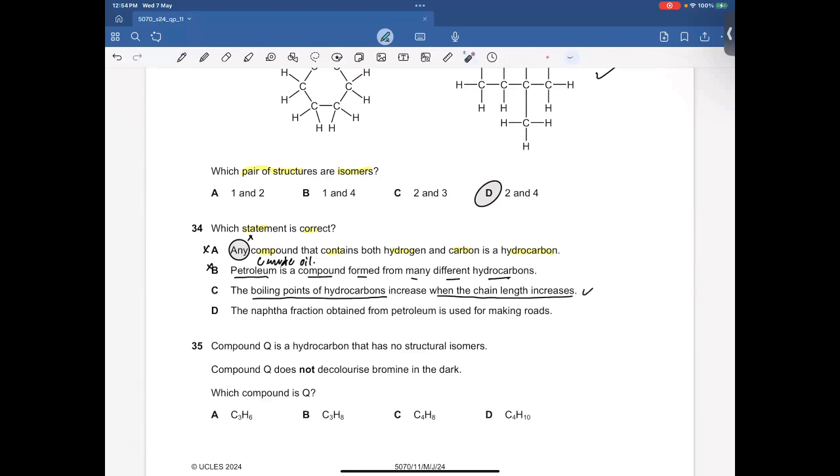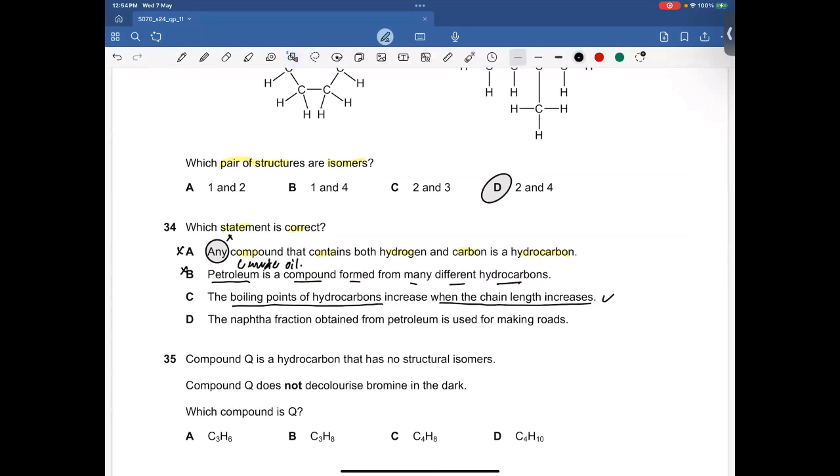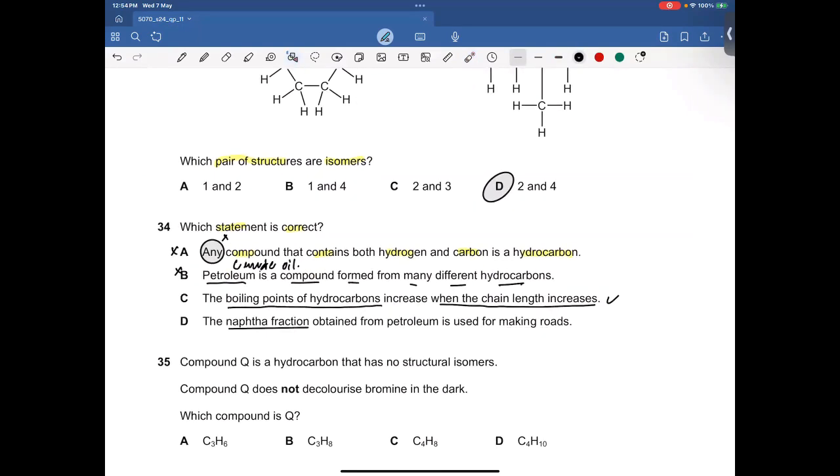But option D भी देख लेते हैं। The naphtha fraction obtained from petroleum is used for making roads. जो naphtha fraction है वो मेकिंग रोड्स के लिए इस्तेमाल नहीं होता, मेकिंग रोड्स के लिए बिटुमेन इस्तेमाल होता है। तो राइट आंसर इज गोइंग टू बी सी।